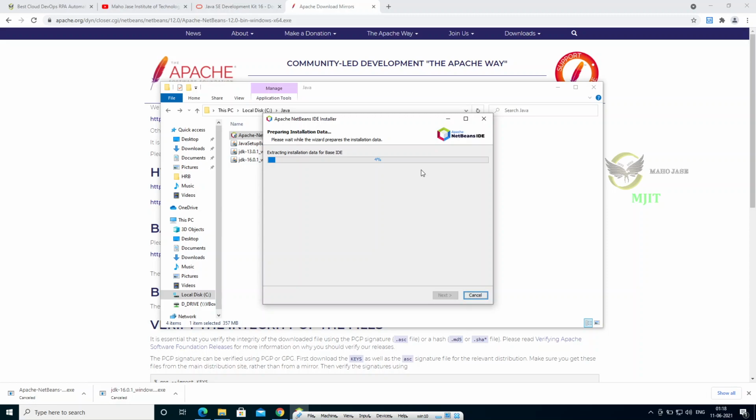Again, this installation will also take a couple of minutes to several minutes. The reason is that it depends on our system availability and system performance. If our system is doing well, then it will run fast.